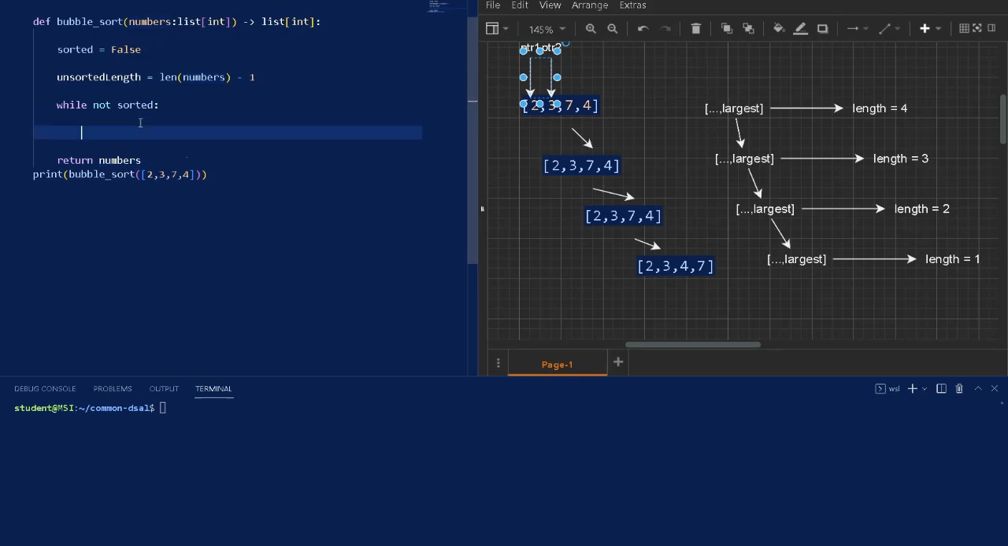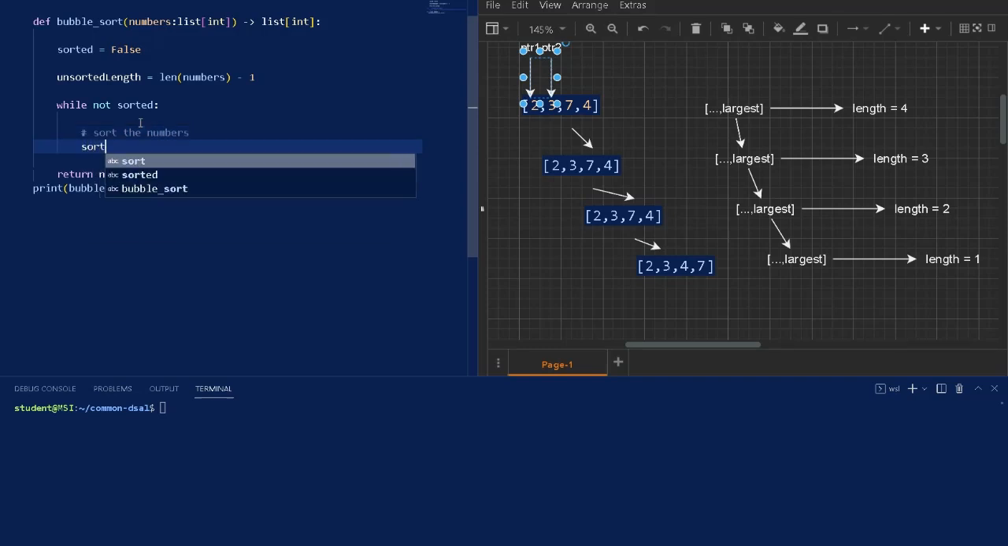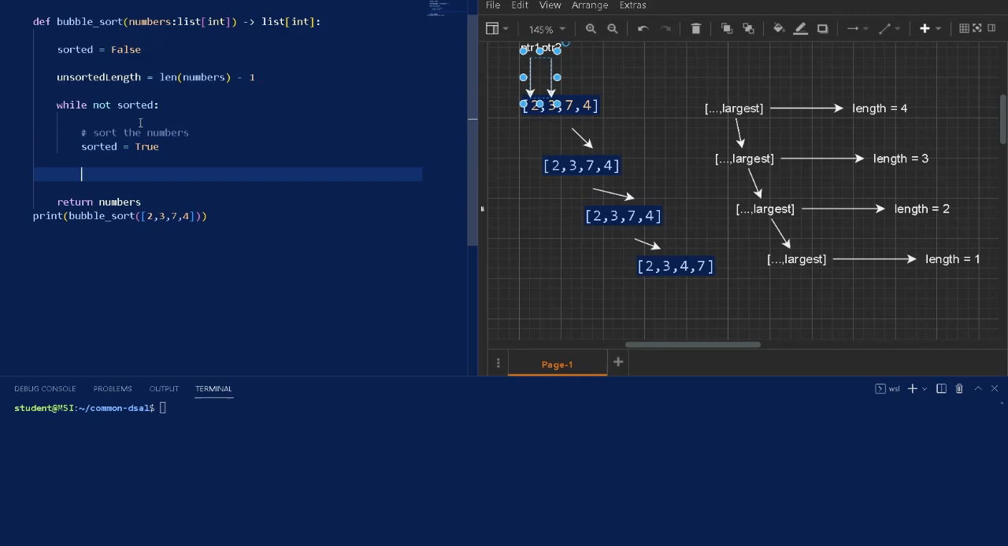Okay, enough said. Let's try to code our flag. So it's going to be right here. Sort the numbers. So we're going to have to change our flag to true because we're going to sort the list. So we'll start from our unsorted index,